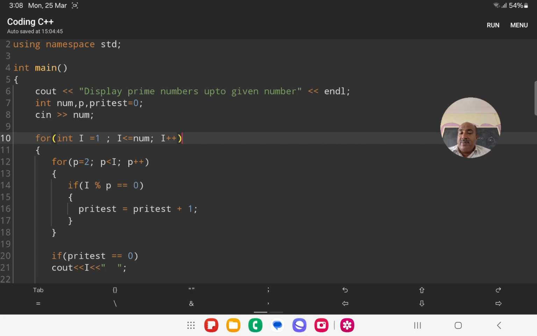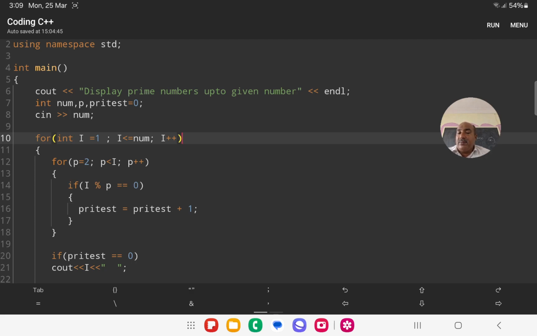So prime test is not increased. Then again p plus plus, p will be 3. I am just explaining about 5, then 5 and 6. 5 divided by 3, again the remainder is 2. So this condition is false, then it will increase p plus plus, that is 4.